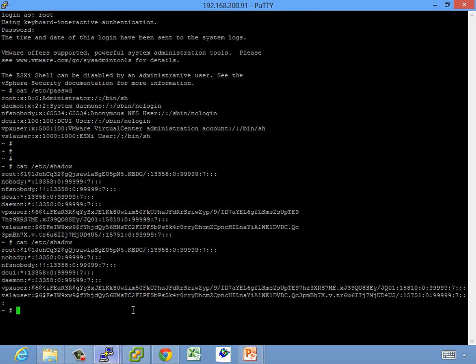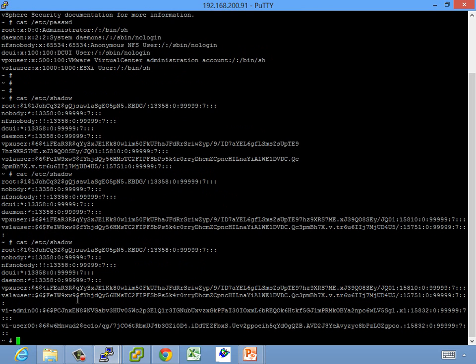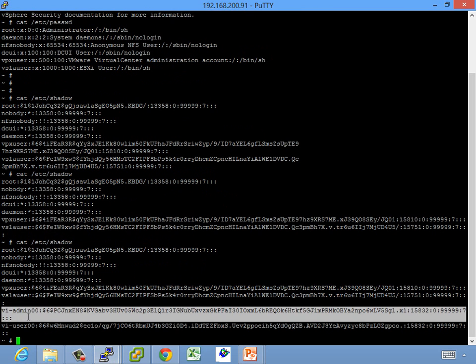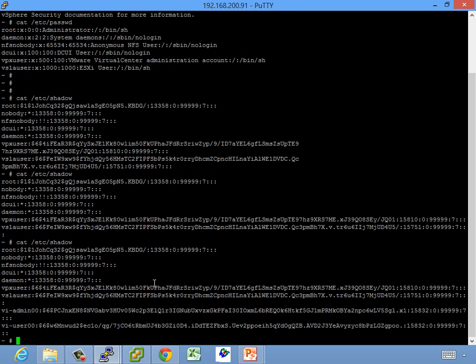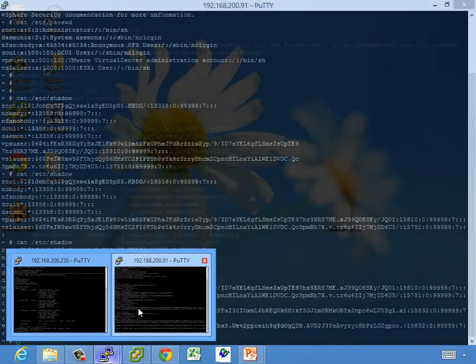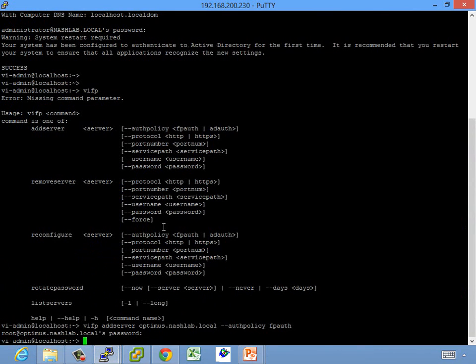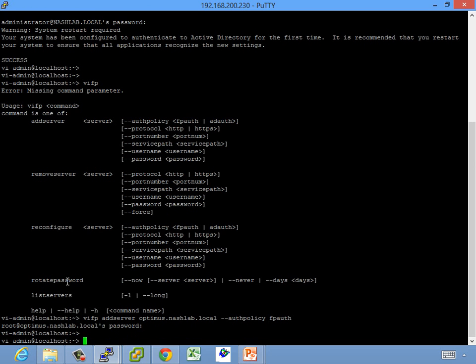So we go back to Optimus, and we cat the shadow file, and oh looky, we now have a VI admin and a VI user account. Those are the accounts that VMA uses to talk to those servers. Now, what if something happened and I was told by the security group to change passwords on those servers? Or I needed to rotate them every X number of days. Well, that's what rotate password does. So just to show you,